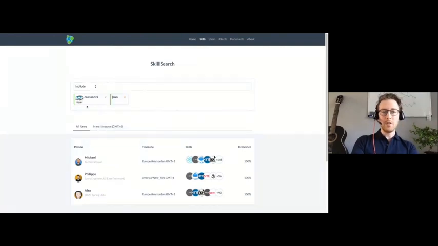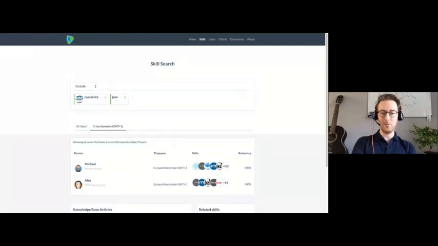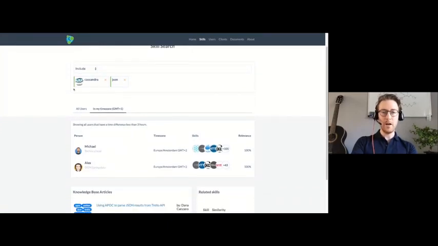What it does is look for every person in our Neo4j database that has both Cassandra and JSON skills. And if you have an emergency question, where you really want an answer right now, you can just filter on your current time zone, and it will give you the list of people that have the skill set you are looking for.